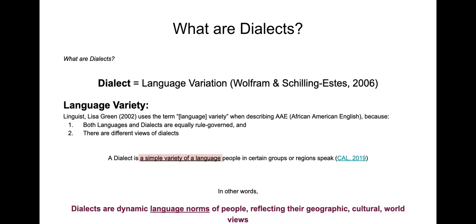There's a Creole in Sierra Leone. There's a Creole in Haiti. There's a patois that some people consider a Creole. So there are different Creoles. And so we say that sometimes Creoles are dialects, but some people say that they're languages. So again, just think of a dialect as a rule-governed system, and therefore it's a language variety. And so we should respect dialects at the level as though they're almost like languages. We shouldn't look at dialects as though they're accents.